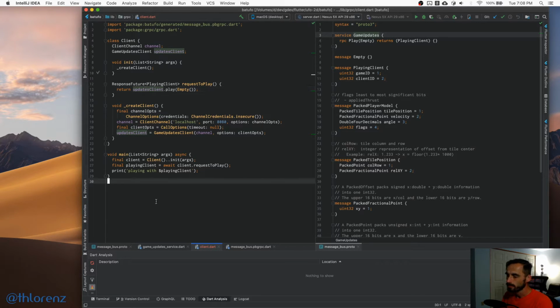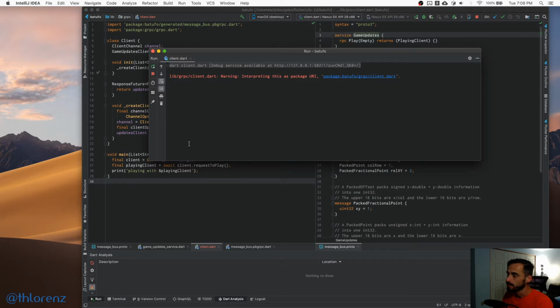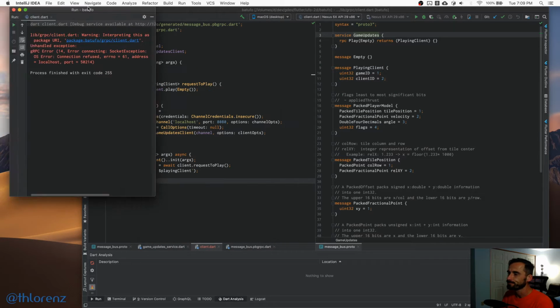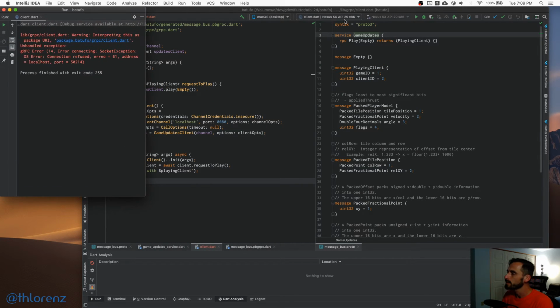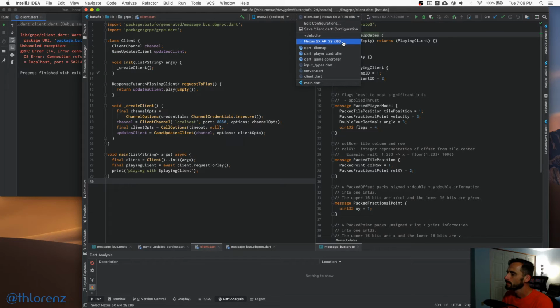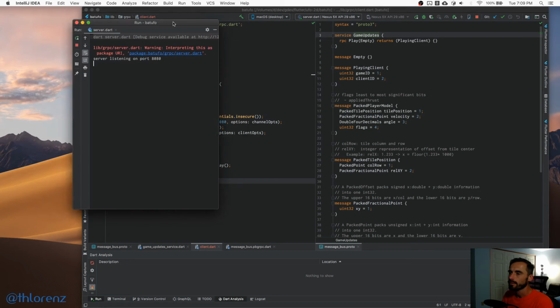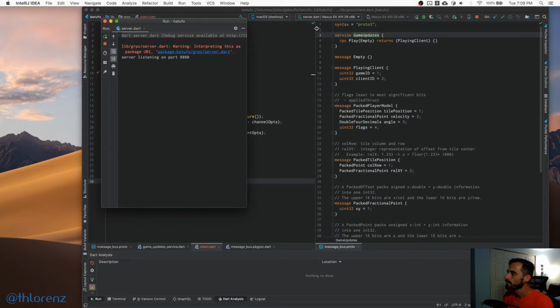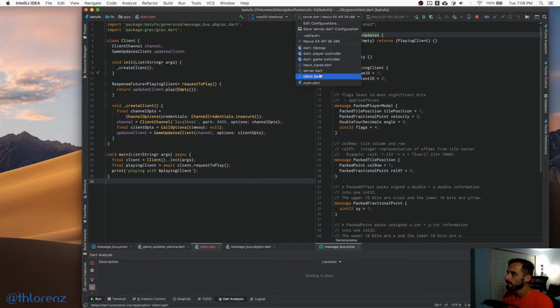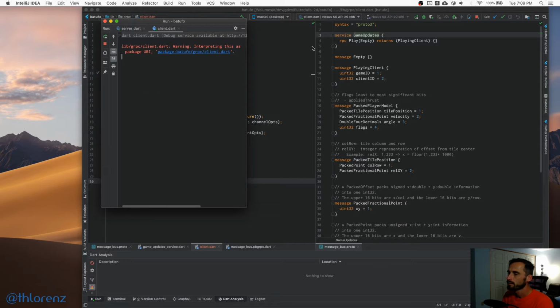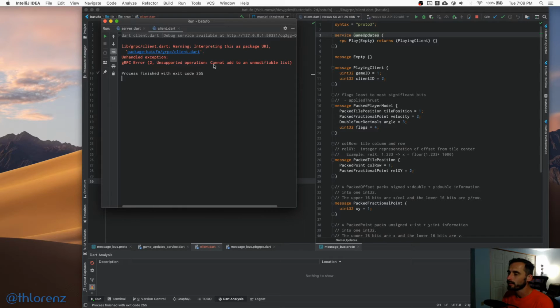So now we can just run this one and see what happens. Obviously right now it should have an error because there's no server running. But we can fix that. Let's launch the server. So now we have a server running, and now we can try to start that client again. Okay, interesting. So we got an error, looks like in the server,